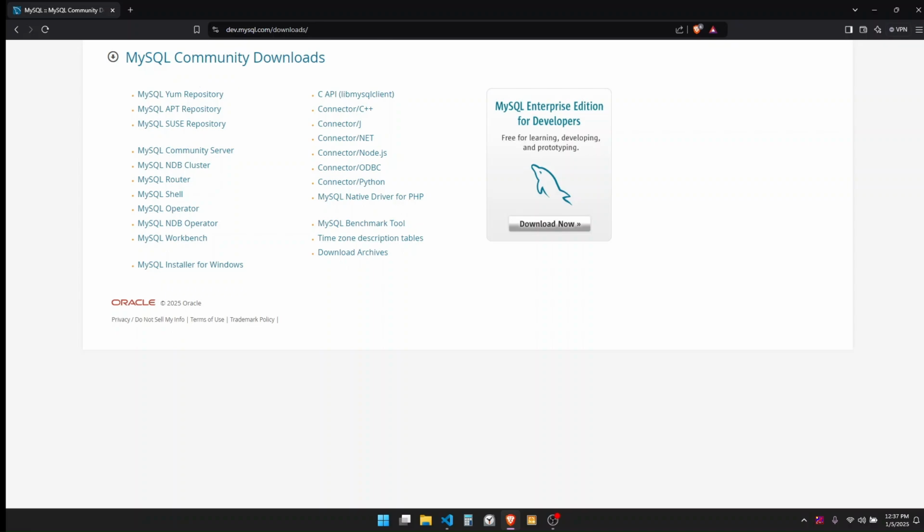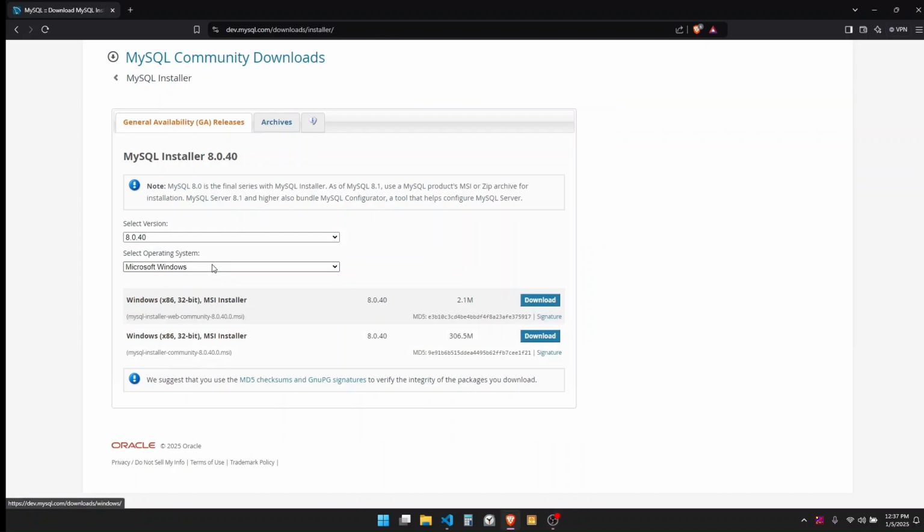There are many standalone applications you can download and install. For now, we are going to install MySQL Server and MySQL Workbench. You can download them separately using these links, or you can download the installer for Windows, which includes the server and workbench and other tools. So once we click this installer,